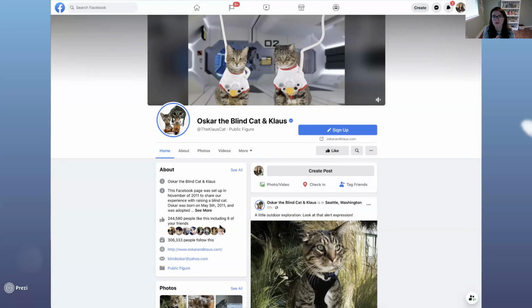Maybe they don't want to adopt a blind cat because they think it would be so difficult to take care of, that she can educate people that it's not so hard, and that he brings a lot of joy to her life. So that's a cool example of a page that you could follow. There are hundreds of thousands of animal pages like this that you can follow, and they're really fun.